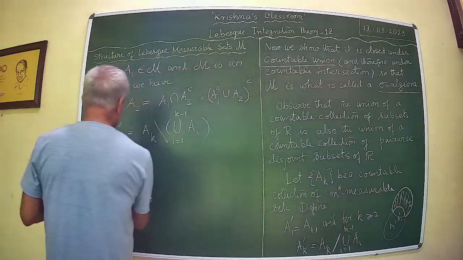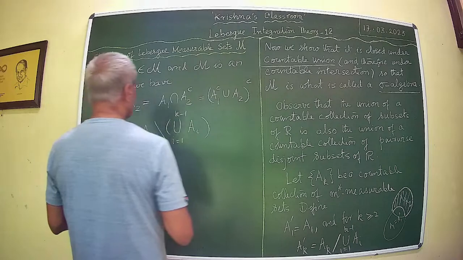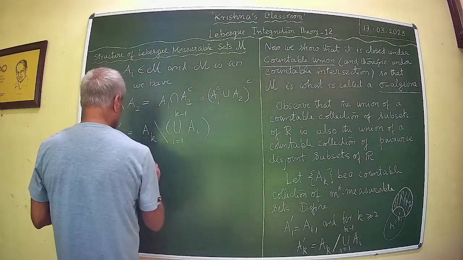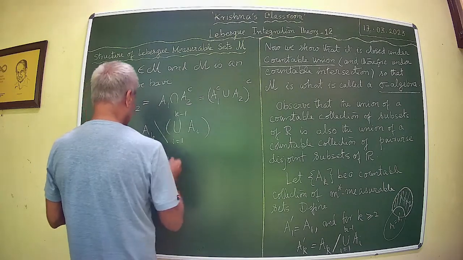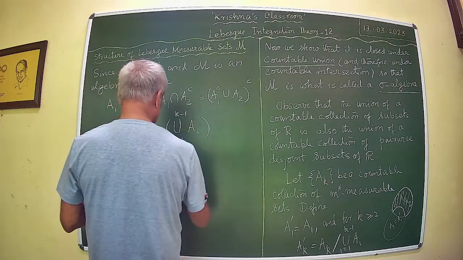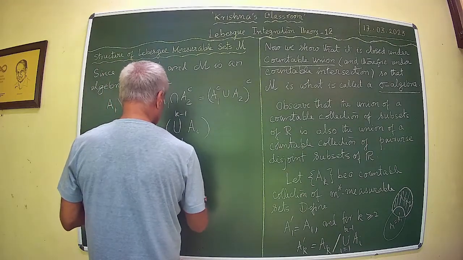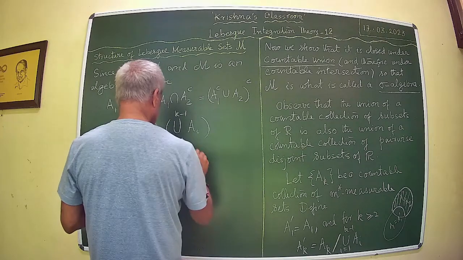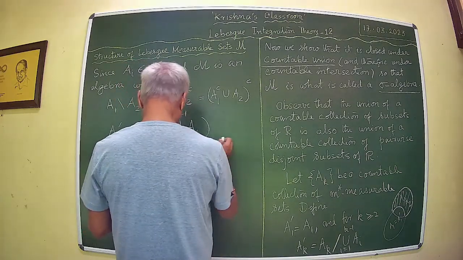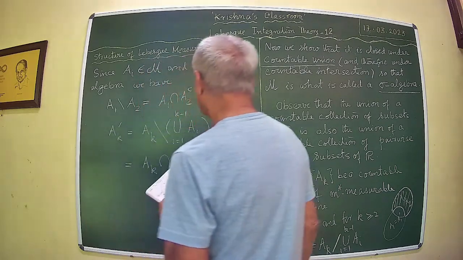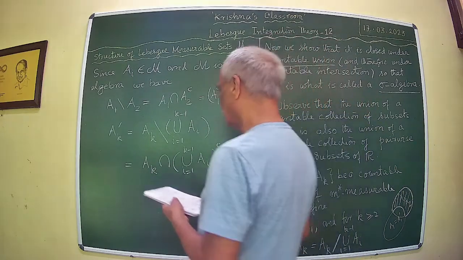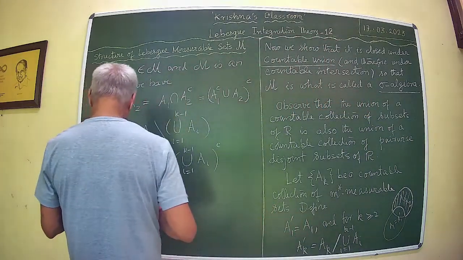And that's equal to A_k intersection complement. And then of course you use this property. Okay. Therefore, one can conclude that